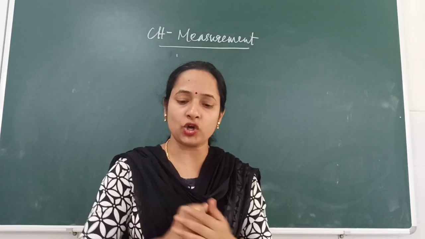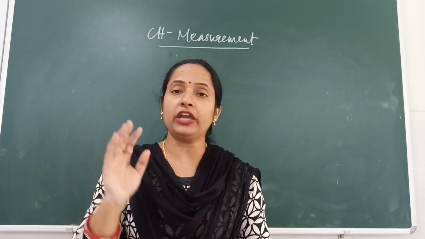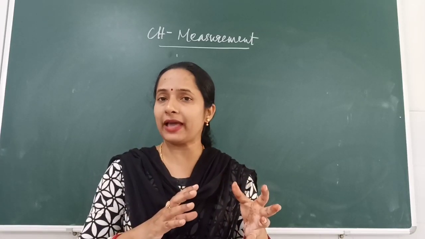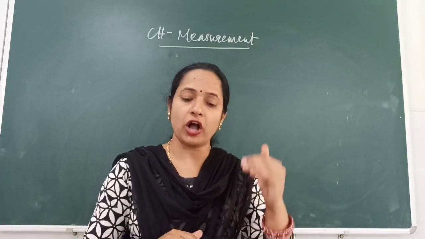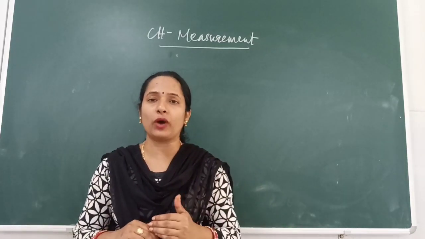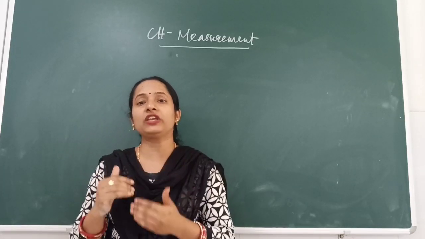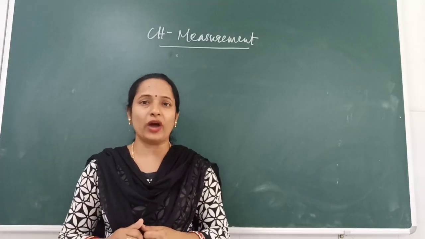Weight of one mango is 250 grams. Then find the weight of 4 such mangoes. How will you find? You have to multiply the weight of one mango by 4. Next you have, how many milliliters make 1 liter? The relationship between liter and milliliters is 1000 milliliters make 1 liter.